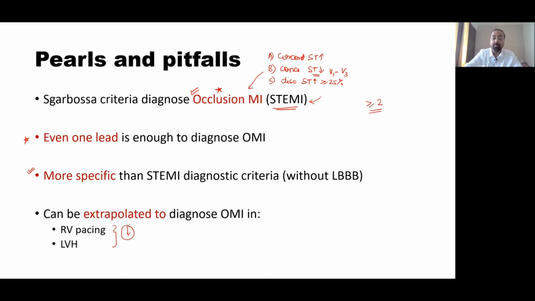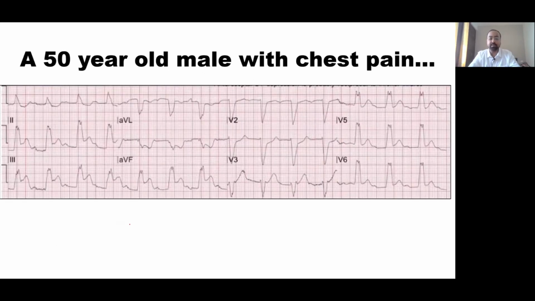Now this is an example of a 50-year-old male who presented to the ED with chest pain. We don't have the lead 1 recording and V1 here, but you can see V2 and the lateral leads here. You can see that there is a QRS widening. There is no Q wave in the lateral leads here, and there is a positive R wave in the lateral leads here. So basically, this means that the patient has a complete LBBB. Now once you have a complete LBBB picture, to diagnose cardiac ischemia, you should apply the modified Garbosa criteria.